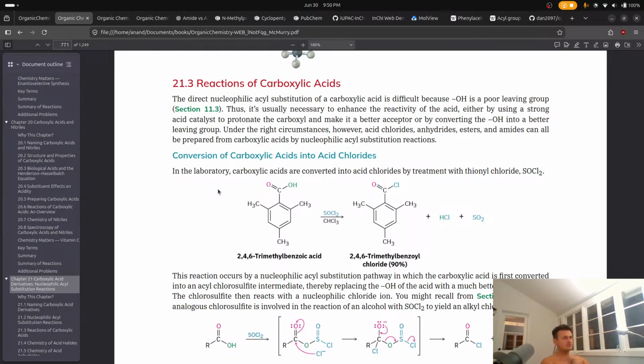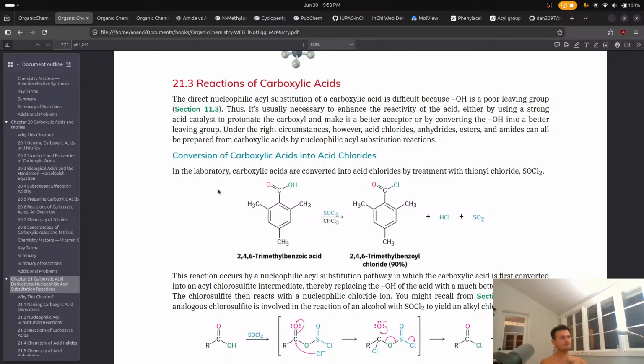The direct nucleophilic acyl substitution. Okay, hold on. New section. Come on. Let's do this. So this is reactions of carboxylic acids. So the direct nucleophilic acyl substitution of a carboxylic acid is difficult because hydroxide, or OH, is a